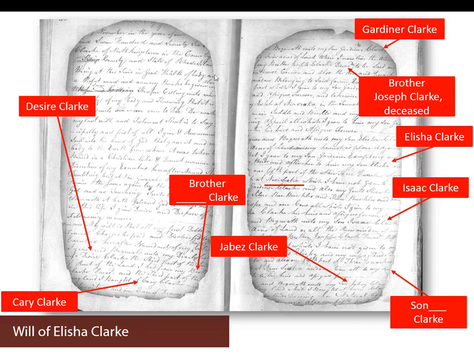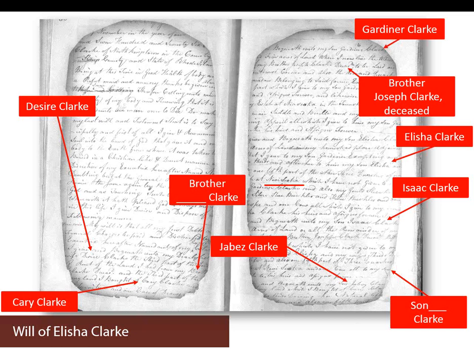But what you're seeing is that back page, where it has been attached to a newer book. And the writing can sometimes, because those edges disappear, make it hard to find everybody in a particular document. So in this case here, with the will of Elisha Clark, it is his will, and he is mentioning